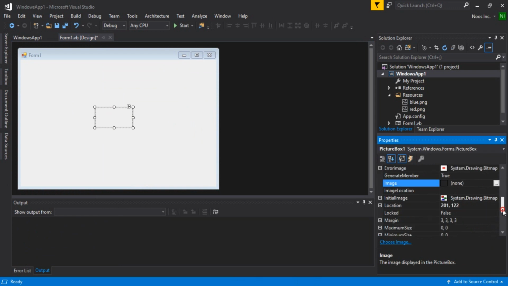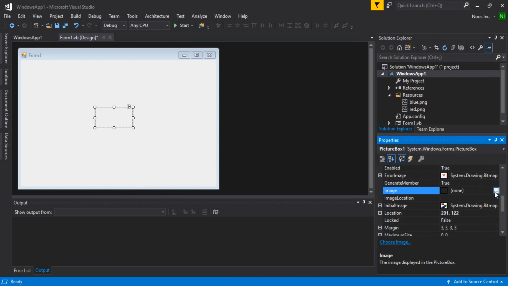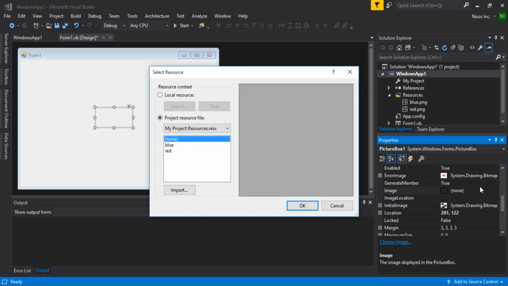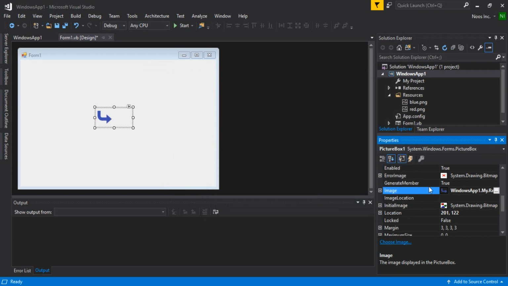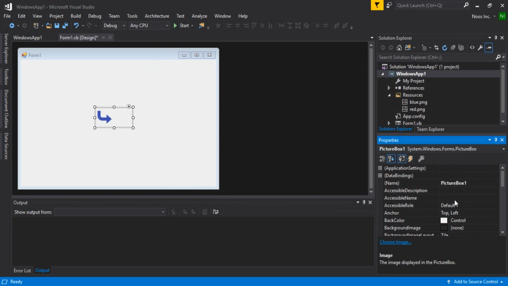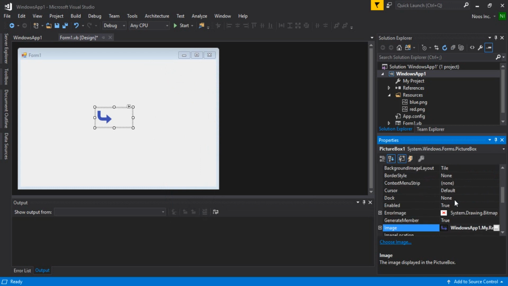Okay, and here we can just choose image because we imported the image to resource. So in the resource we can just select blue here. Okay, and then you can find